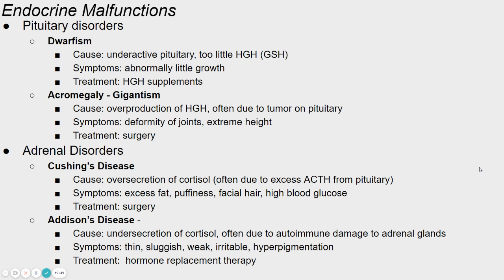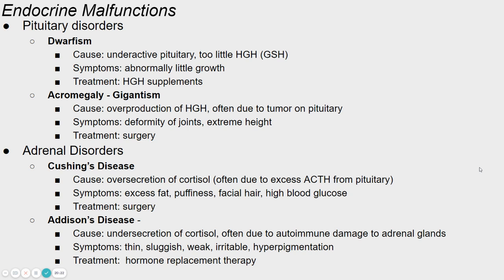Some other disorders. We have this gland at the base of our brain called our pituitary gland. It produces a really important hormone called human growth hormone. Probably in you right now, your pituitary gland is probably producing a lot of human growth hormone. You're at an age when you're likely growing, right? If you've grown in the last year or so, the reason you've grown taller is because your pituitary gland is